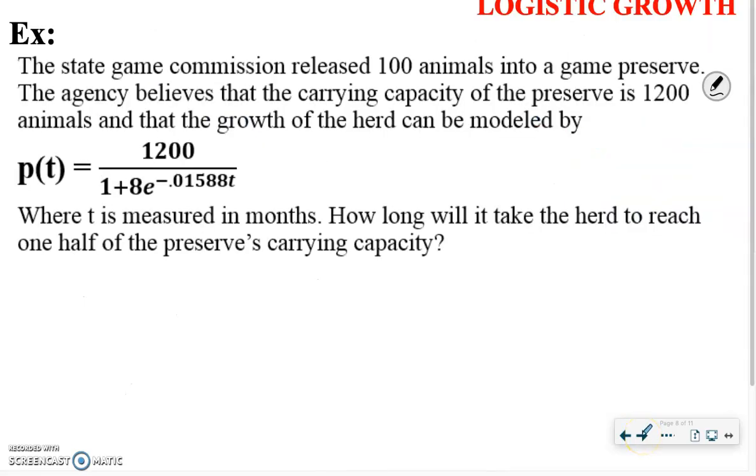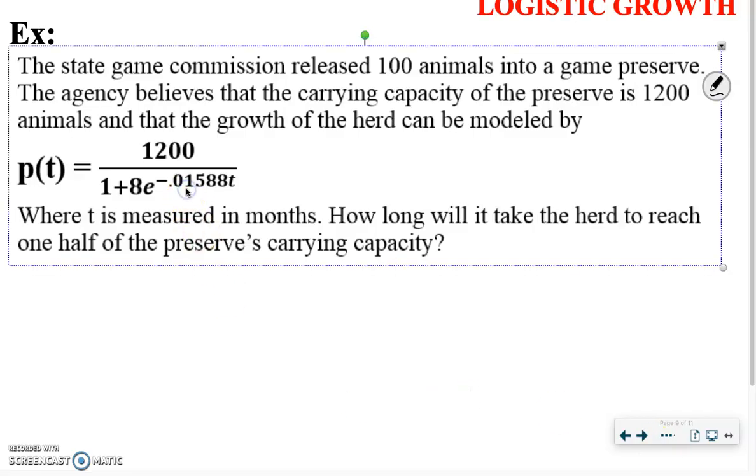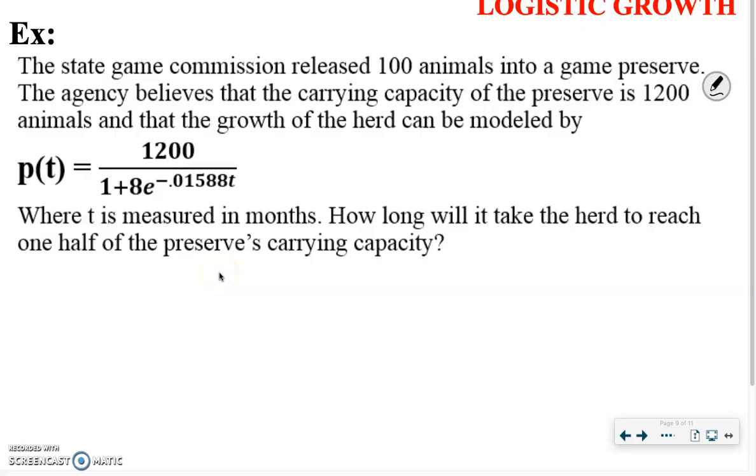All right, guys, let's take a look at this next problem. I'm going to ask that you make a change here because this bothers me. This was a bad model or a bad number or something, but we're going to have to change. So P of T is equal to 1,200 over 1 plus, we're not going to go with 8, we're going to go with 11. E to the, everything else stays, negative